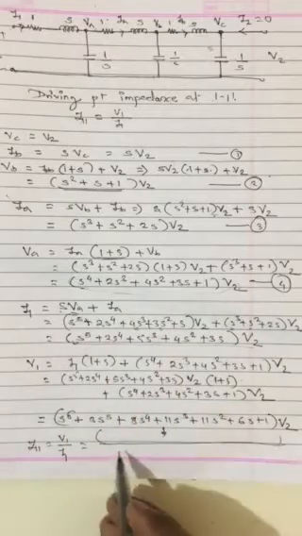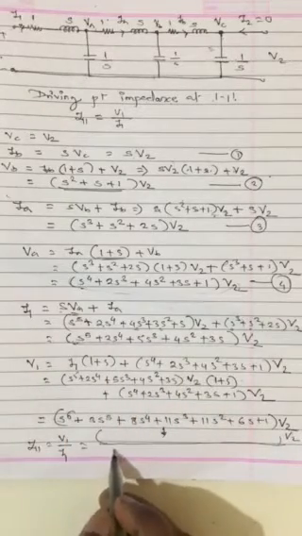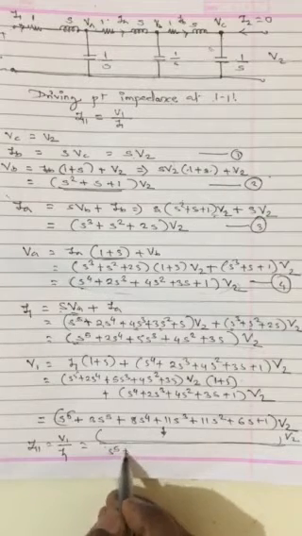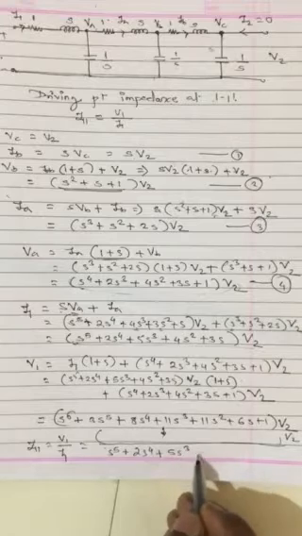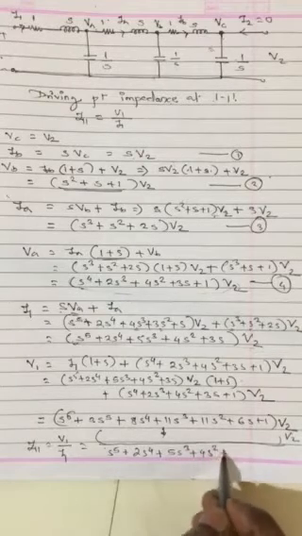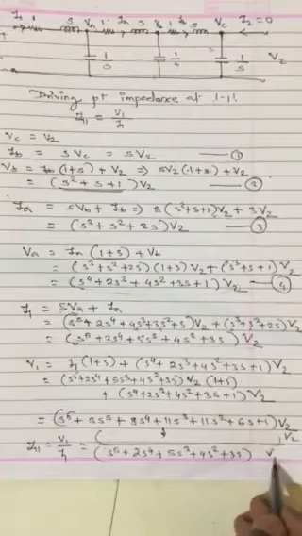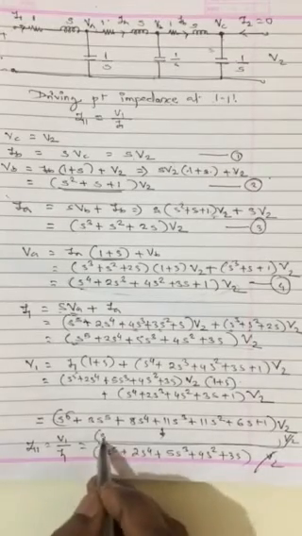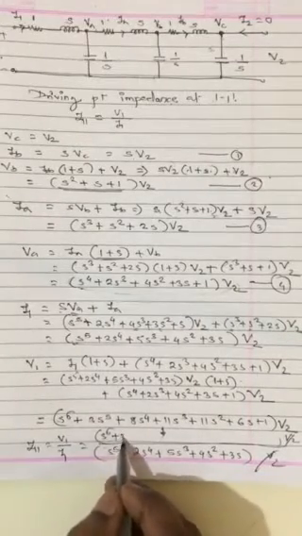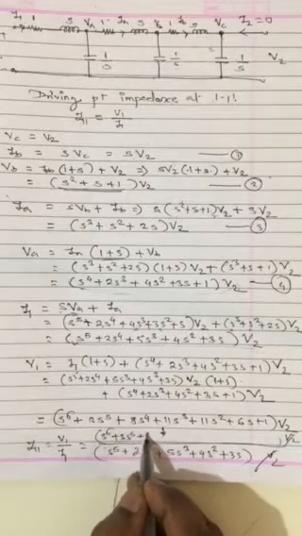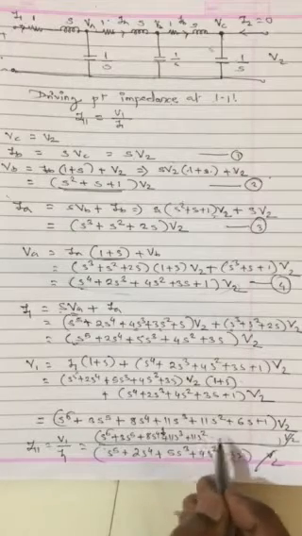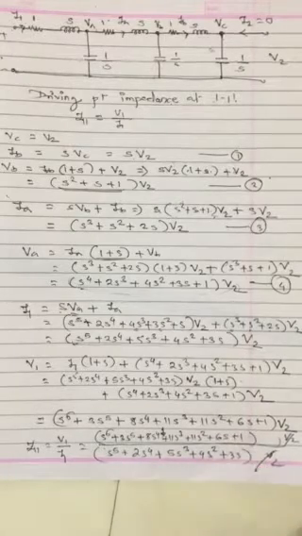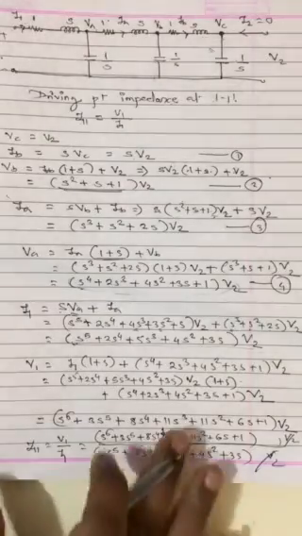Again we have calculated. Here there is also V2 and I1, s raised to 5 plus 2s raised to 4 plus 5s cube plus 4s square plus 3s into V2. So V2 will cancel. I can write this whole term as s raised to 6 plus 3s raised to 5 plus 8s raised to 4 plus 11s cube plus 11s square plus 6s plus 1. Okay, so this is the final answer.